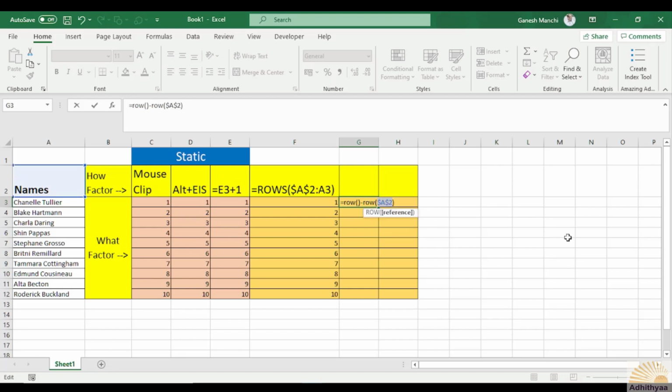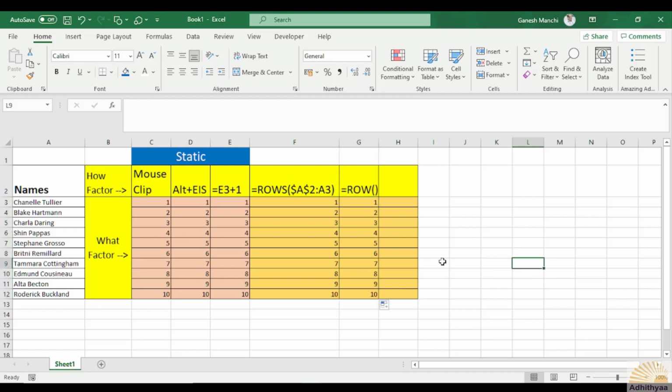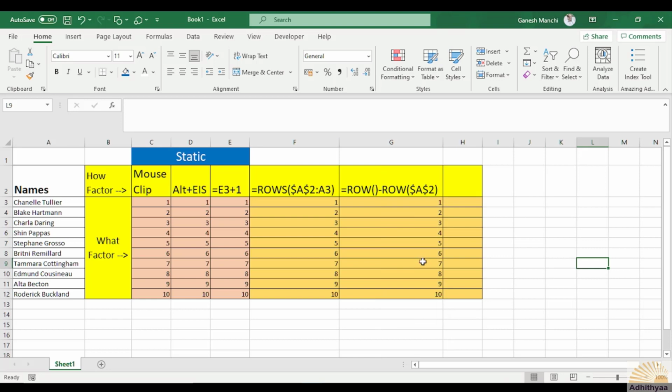Now let us see. It's again 1. So I am going to double click. The formula is getting spread towards the end. Here, got it.